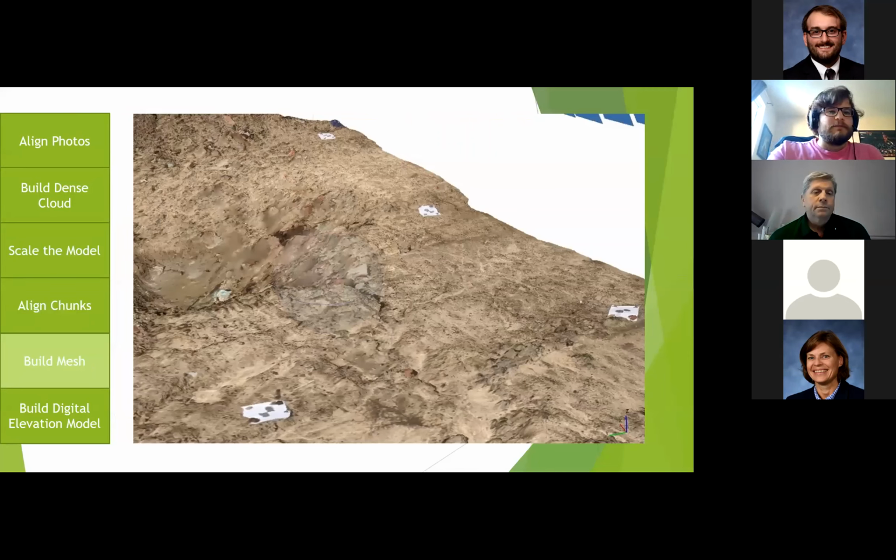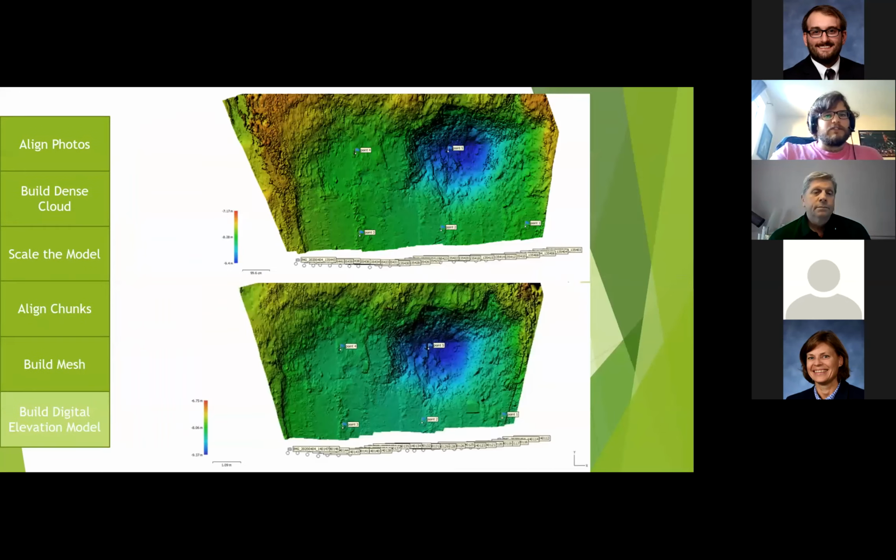And then the next step is building a mesh, which is a triangulated surface representing a terrain. It is a step in the software that you need to do in order to get a digital elevation model, which is another type of file format that is helpful in doing a lot of different geoprocessing and geospatial analysis. So as you can see here, these are the 2 different models. In one of them, you can see the boxes in the model.